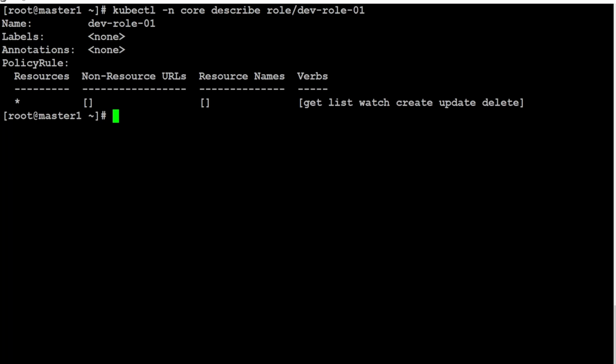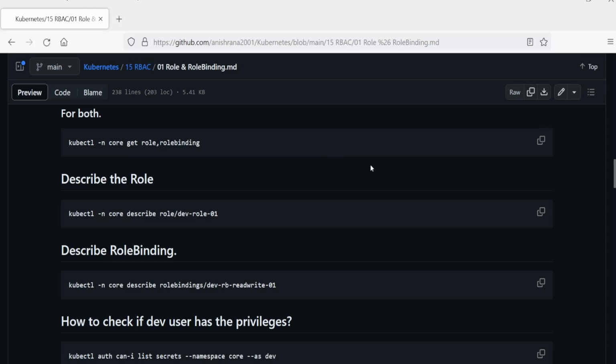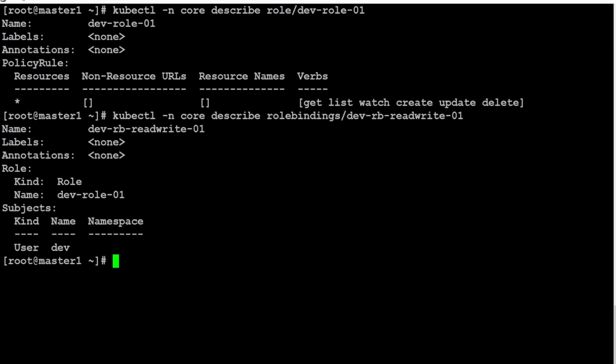From the describe we get more output: the role name, the resource is star, the verbs, which privileges it has, non-resource URL, and resource names. Same for role binding, we will have more info. The name of this role binding is this and it is bound with this role. Which user is it assigned to? The dev user.